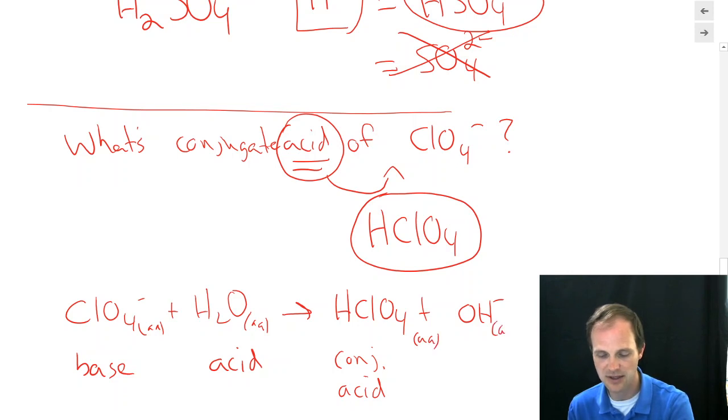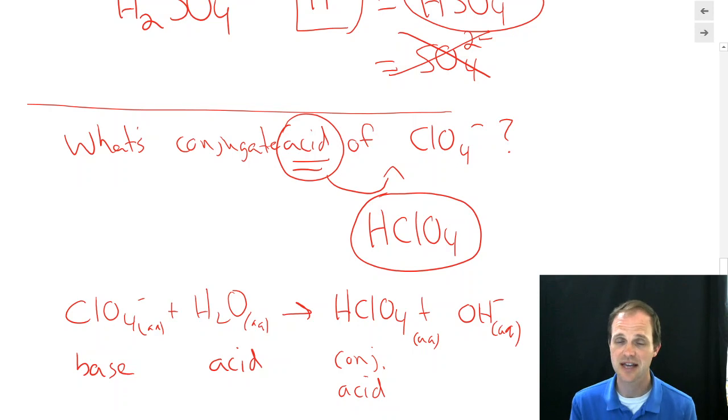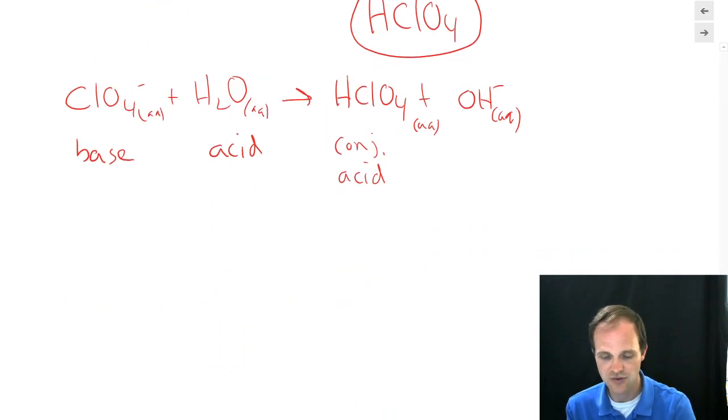So that's how we can do it using a reaction. But the easiest way, if you're saying what's the conjugate acid, make it more acidic by giving it a hydrogen. If you're saying what's the conjugate base, make it less acidic, more basic, by taking away a hydrogen. The tricky ones are when you have something like